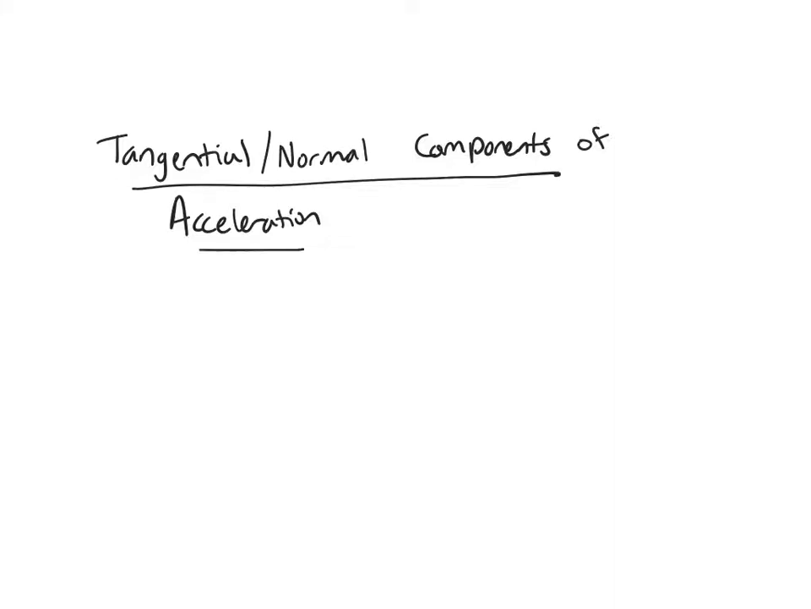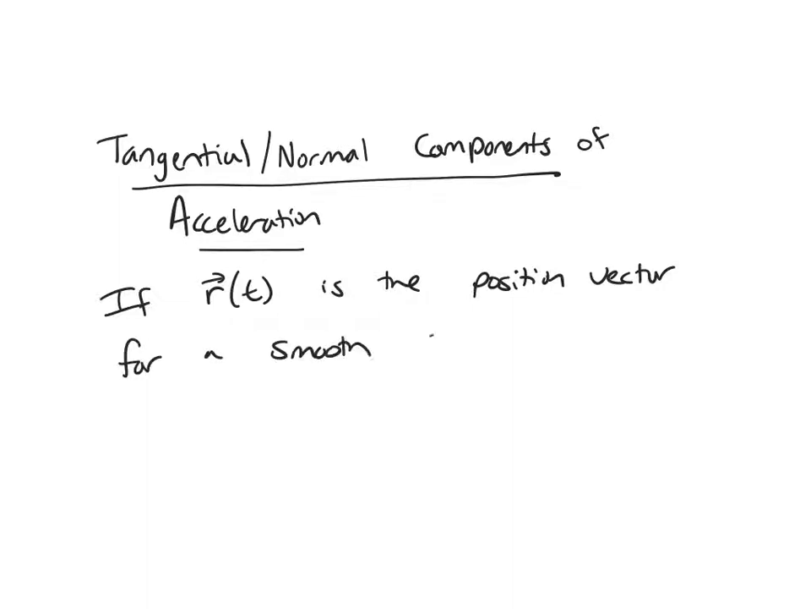So because we're talking about acceleration here, our function is going to represent position. So if r of t is the position vector for a smooth curve C, and assuming that your principal unit normal vector, your n vector, exists,